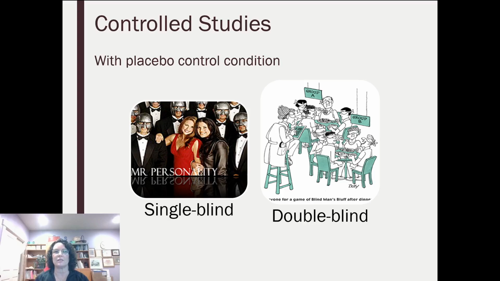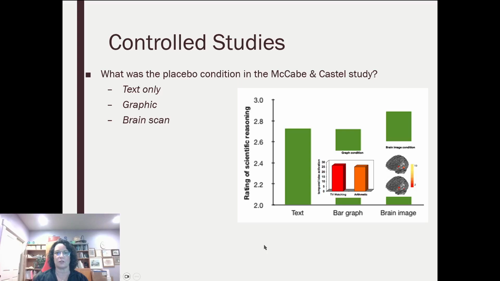Sometimes we have double blinds because we literally have active ingredients that we're trying, and we don't want to encourage any kind of placebo effects. We're going to talk about placebos more when we get to another chapter, so we'll come back to that. So let's talk about the McCabe and Castell study, where you had people either just reading the text